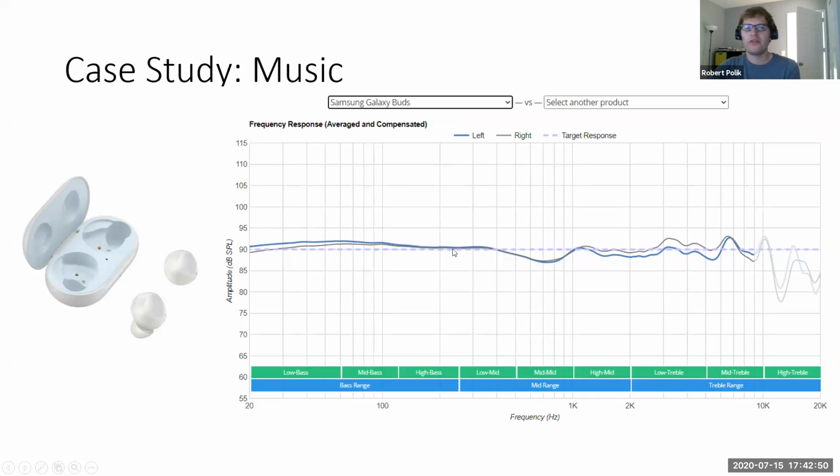You can actually run a Fourier transform on the input and output of your earbuds or your headphones and see what's going on. So these Samsung Galaxy Buds are considered some very good earbuds. I just picked them because they had the highest rating on some audiophile website for earbuds in the $300 or so range. The next slide has an example of what a less good pair of earbuds does. Does anyone want to guess what earbuds I put on the next slide?